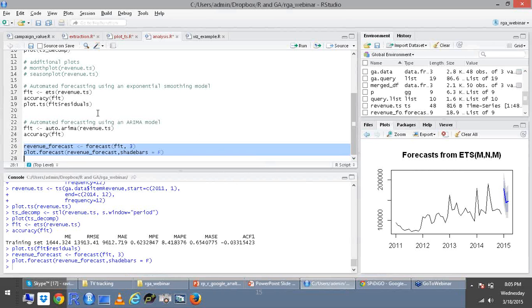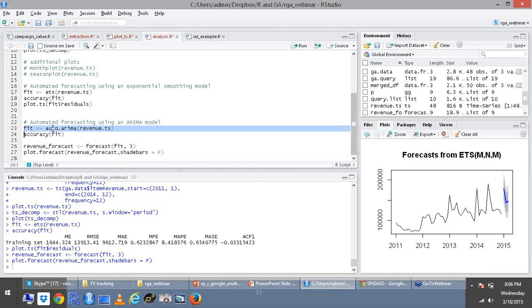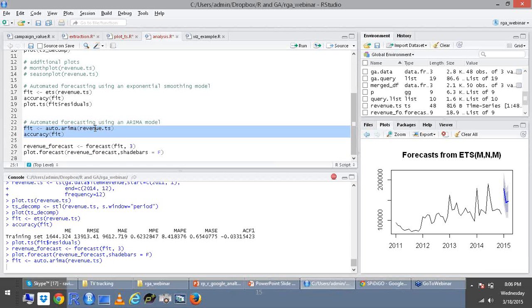If you want to compare models and understand what two different models are telling you in terms of forecasting, you can use a different model called ARIMA on the same data sets and get the accuracy values.